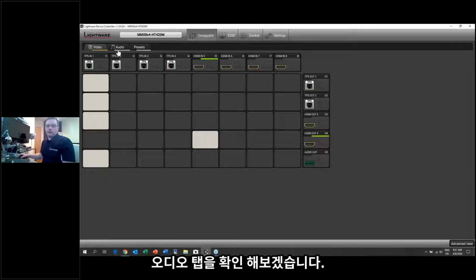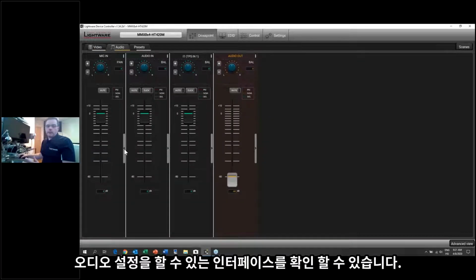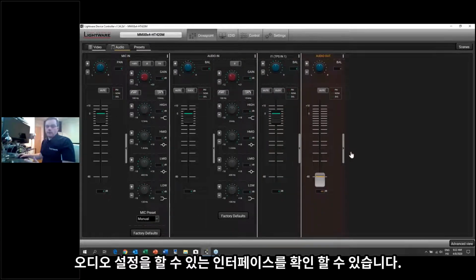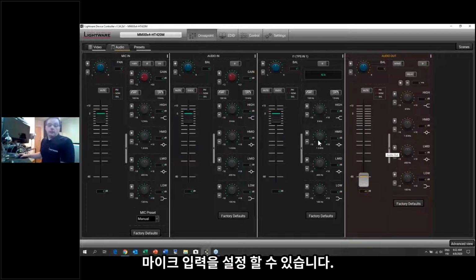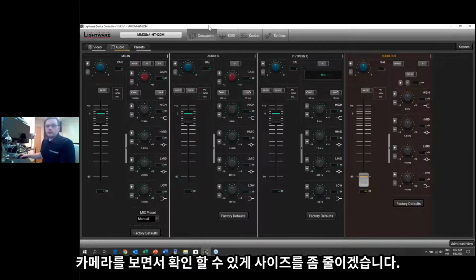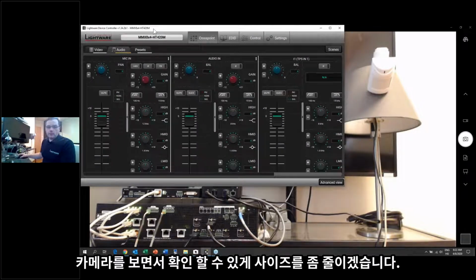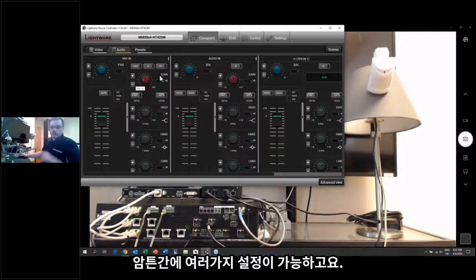So clicking on this audio tab, I'm opening up our nice DSP functionality of our Lightware unit. Just a quick tour of what we are able to do. In here, we have a microphone input, which I'll just pop out here to show on my camera. We have a microphone input with phantom power and so many things we are able to do,